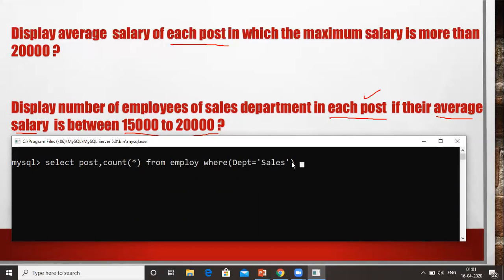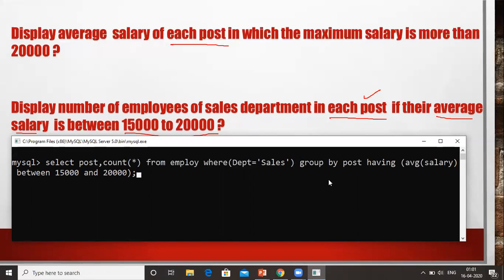First the sales department employees are obtained, then group by post having AVG salary, average salary, should be between 15,000 to 20,000. As we know that there is a between clause also, so average salary between 15,000 and 20,000. Okay, so we have written the command.